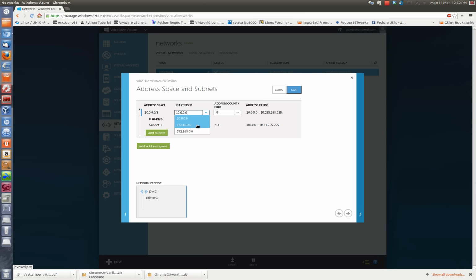The application needs to have a 172 IP address. Say for example, you have an application stack which has multiple VMs, and all of those VMs are on the 172 network already. Then you could try changing it here, and that way you don't have to change your VMs, which you can export from your private cloud, which may be, say, on a Hyper-V environment. So in this case, let me choose